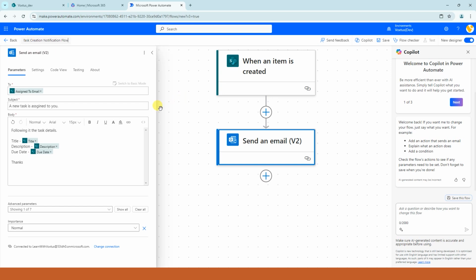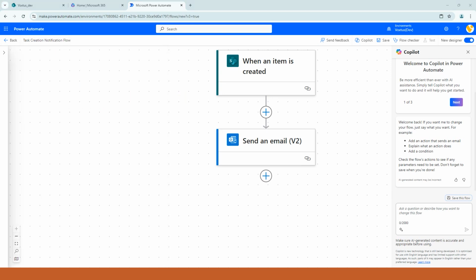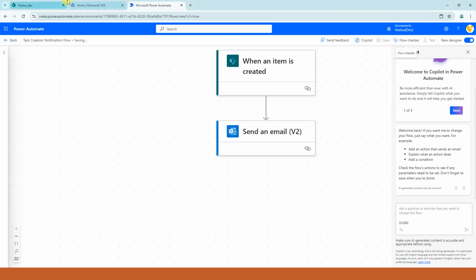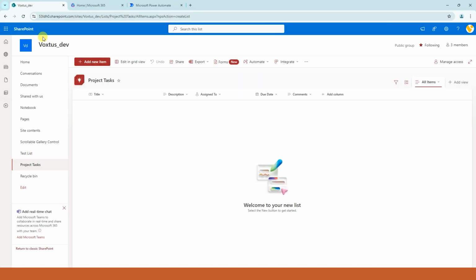And just like that, within a few clicks, you are on your way to automating your life. No magic wands needed. Now save your flow, and I'm going to add a new row in the SharePoint list. Click on add new item, and title is going to be